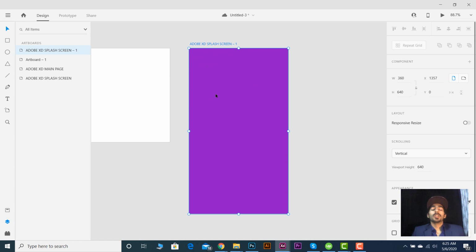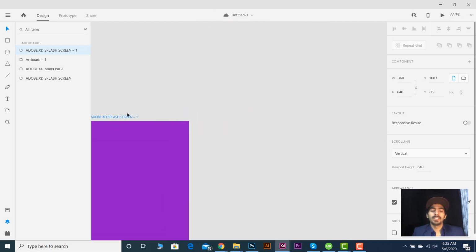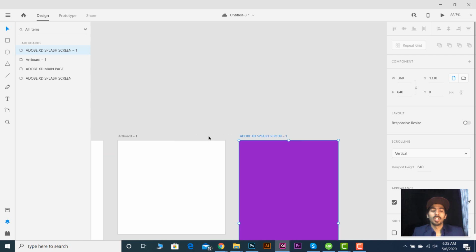So by this we can duplicate our artboard. Next I will let you know how you can select and drag, or move, your artboards. Just click on the name of the artboard and drag it wherever you want to place it in the whole document.